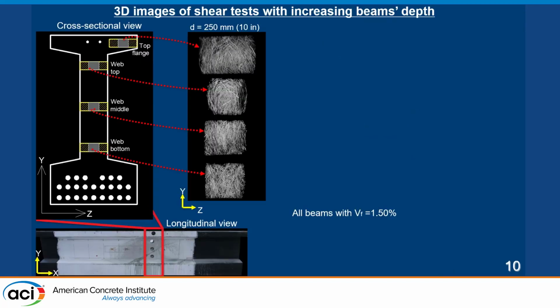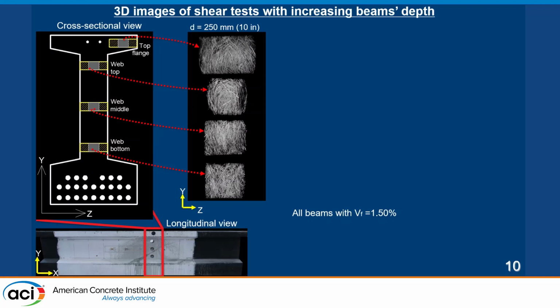So we obtained the cores from where the shear crack originated. And you can see that we are obtaining cores from the top flange, from the web top, from web middle, and the web bottom. The reason why we do that is because we want to get the shear resisting area and understand how the fiber distribution is in the shear resisting area. And we don't obtain anything from the bottom flange, one, because it's almost impossible to cross all those rebars, and the second one is because we don't need it